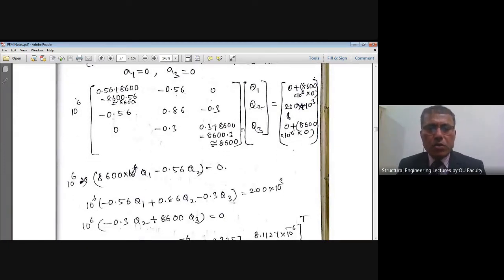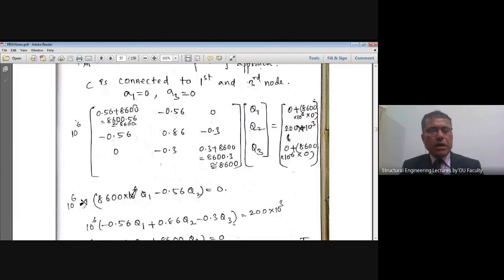Hence, now I'll go to the modified equilibrium equations. I'll not use the original equilibrium equation, students. We'll use original equilibrium equations in the elimination approach, but not in the penalty approach. In the penalty approach, I'll use the modified equilibrium equations, which is given by Km multiplied by Q is equal to Fm, right? That Km is nothing but the original K plus C multiplied by A1.